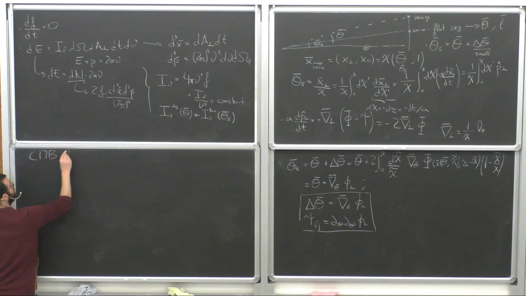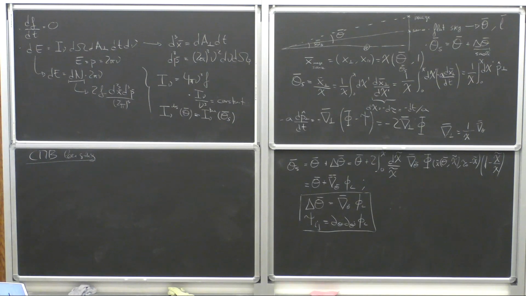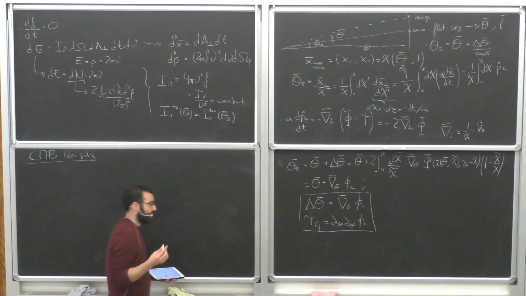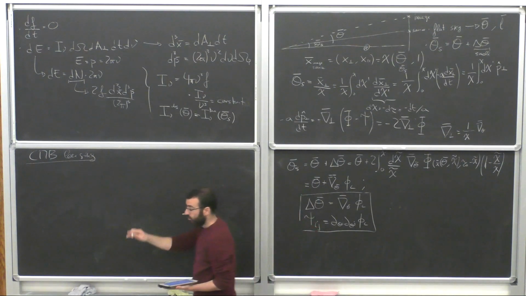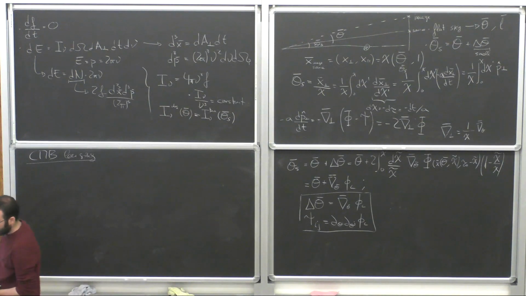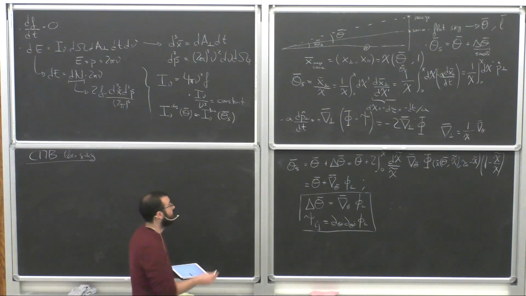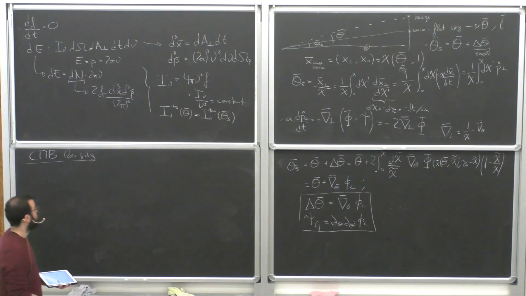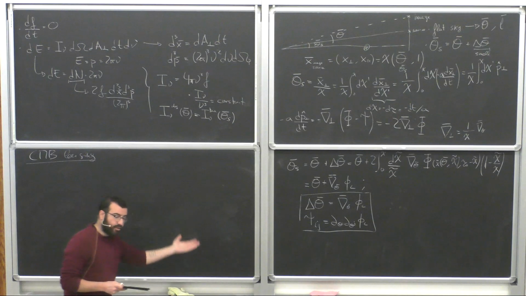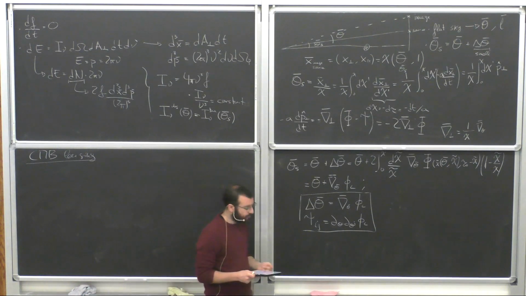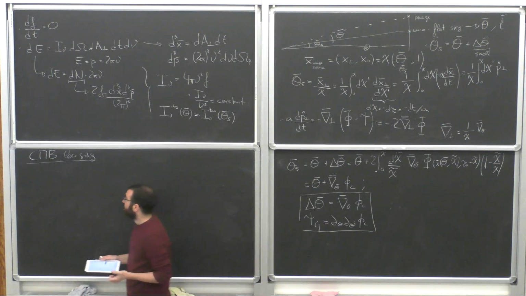So on Tuesday, we described the CMB anisotropies and the CMB power spectrum, but one of the main assumptions that we made is that the photons, after the last scattering surface, would evolve freely and free stream until they reach us and we observe those anisotropies. But that's not exactly true, because the universe is not empty as they travel to us and it's not homogeneous. So as they encounter the gravitational potential, they are going to be lensed. As they encounter free electrons, they're going to scatter, and so on and so forth, in such a way that there are also secondary anisotropies to the CMB.